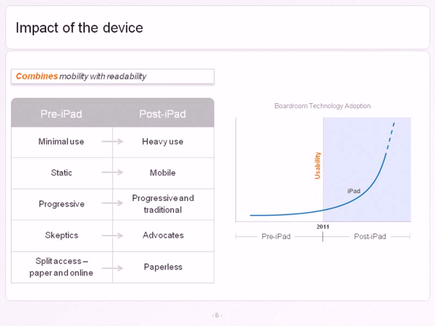And then along the way, it has created this new attitude towards technology among directors that simply couldn't be more different than the one that existed even 2 or maybe 2.5 years ago in the pre-iPad days. There's a chart here on the left-hand side that shows what some of these changes reflect. We're seeing where in the past there was minimal use. Typically, a director would access a system from home, a casual check of the content before the board meeting, to nowadays where you have heavy use, where directors carry their iPads with them wherever they go, which is the second